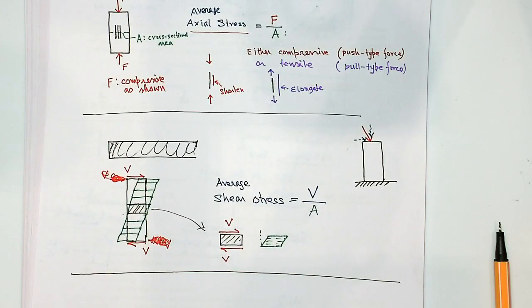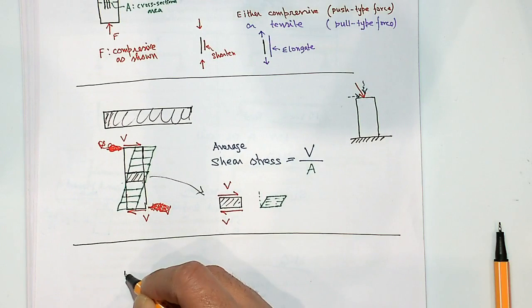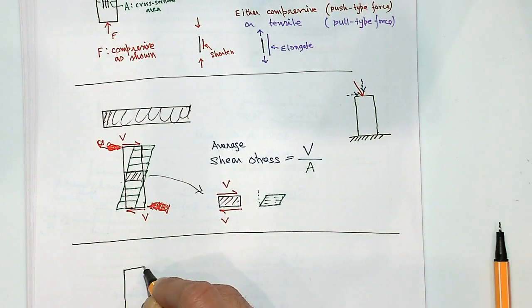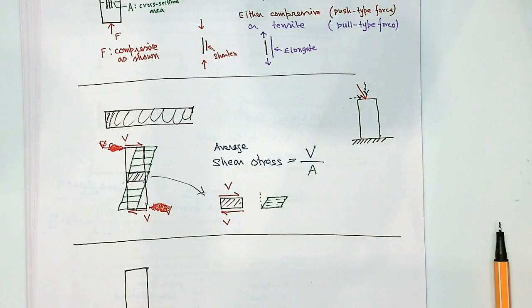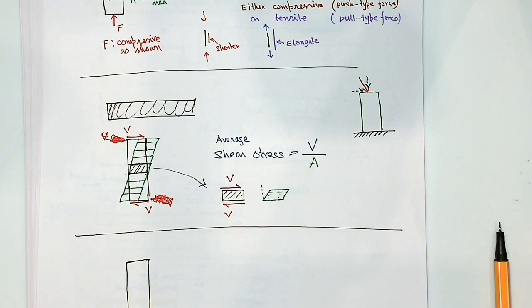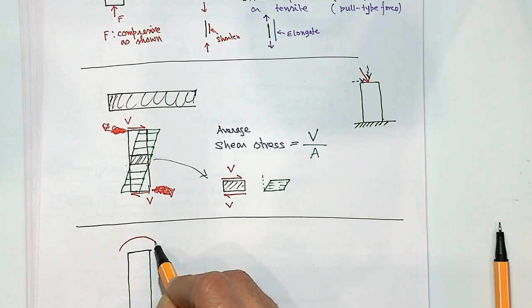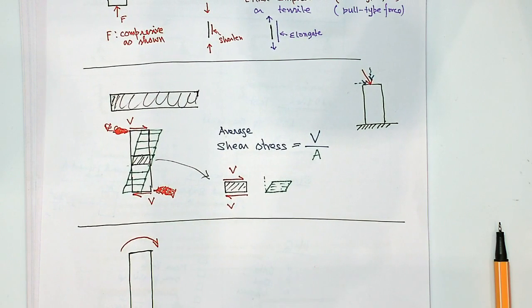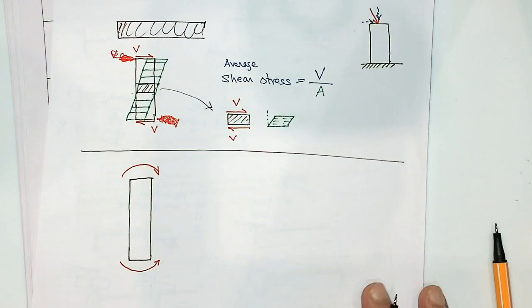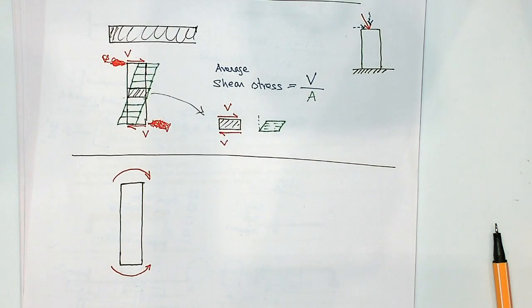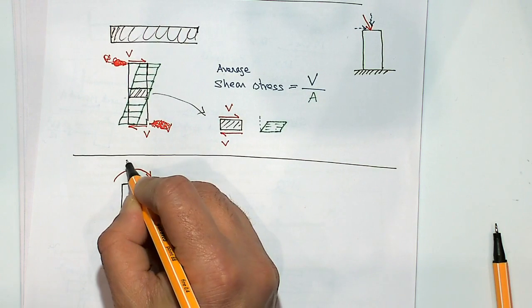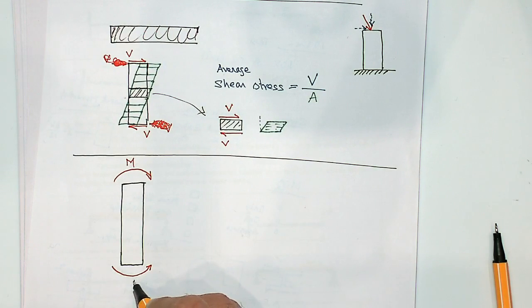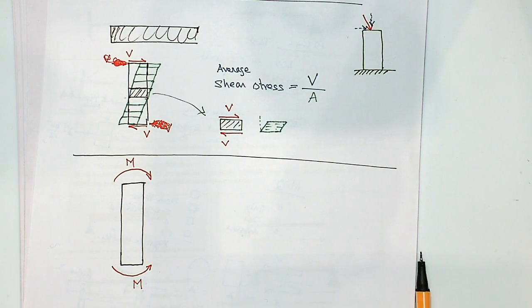Third problem is bending. So let's say again you have a column like this. And this time you are applying a bending to it. Let's say this bending you are applying as M. Now, first thing, what is the formula for this bending stress? It will generate bending stress. So the bending stress formula is